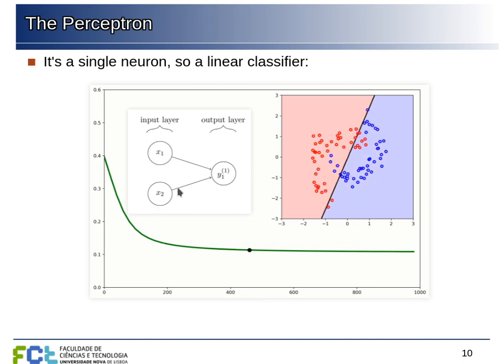So the inputs for this neuron are the two coordinates, the x, y here for these points, and we want the output to be 1 if it's red, 0 if it's blue, for example. But since the output is only a function of a linear combination of the inputs, it can only make a separation between two regions of this plane that are separated by a straight line, which corresponds to that particular linear combination that we are learning. So if we have something that is more complex, is not linearly separable, we cannot use a single perceptron to help us solve the problem. So if we just use a single neuron, it doesn't work.